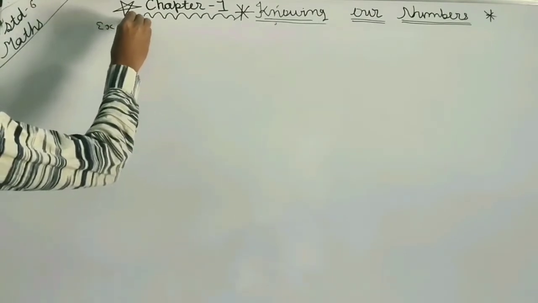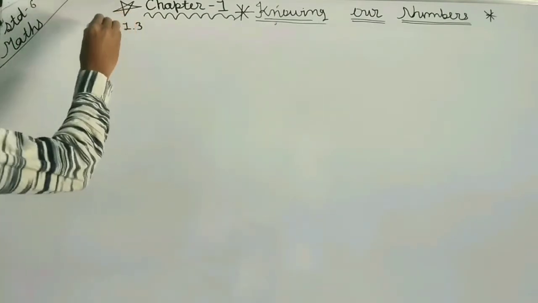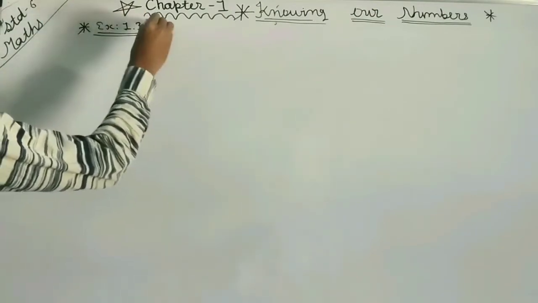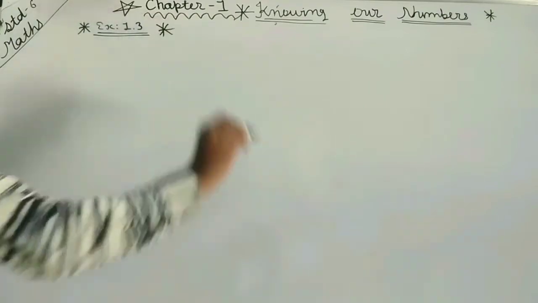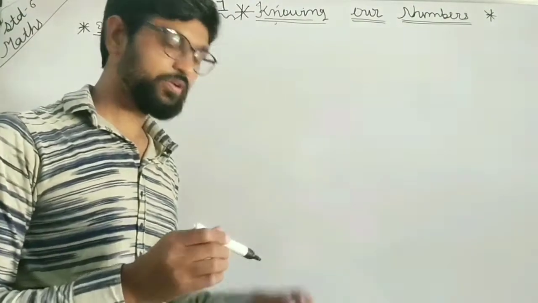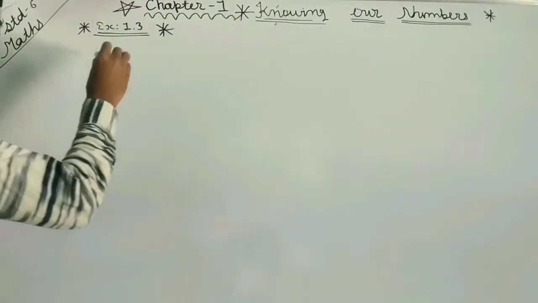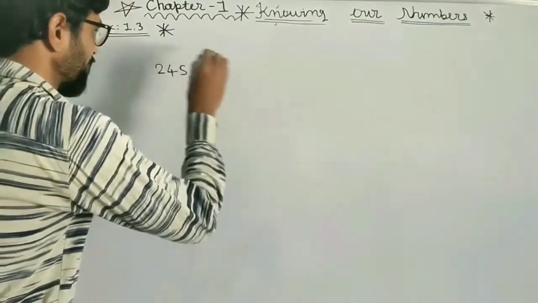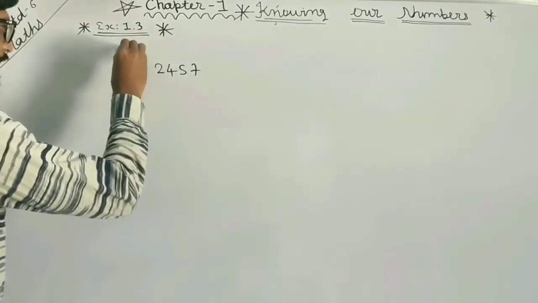We are still on chapter number 1, but we are on exercise 1.3. For exercise 1.3, we have to take care of the nearest number. What is nearest number or what is nearest round off? Let's see. If I have a number and our instruction is a question like that,